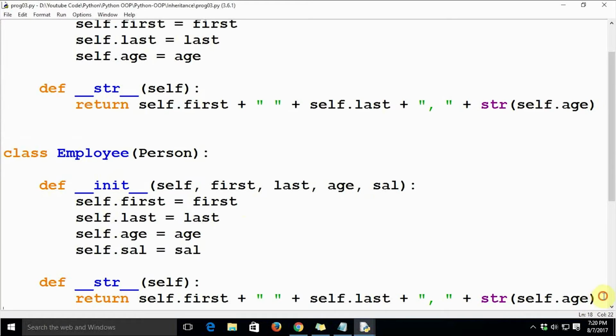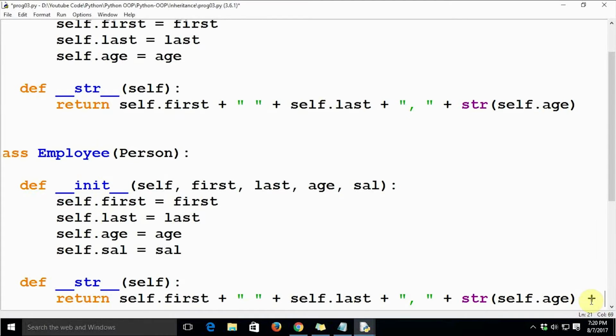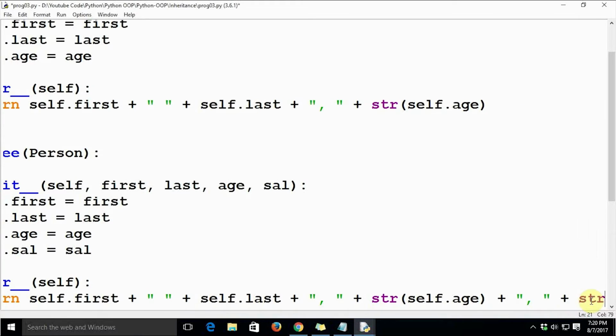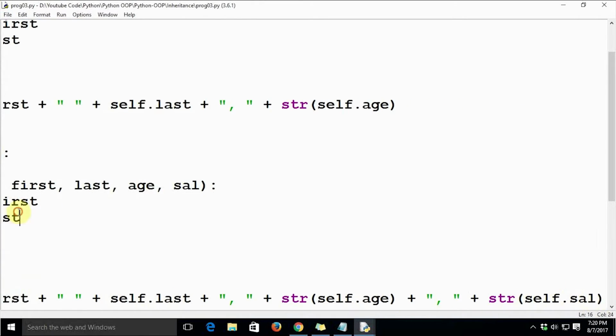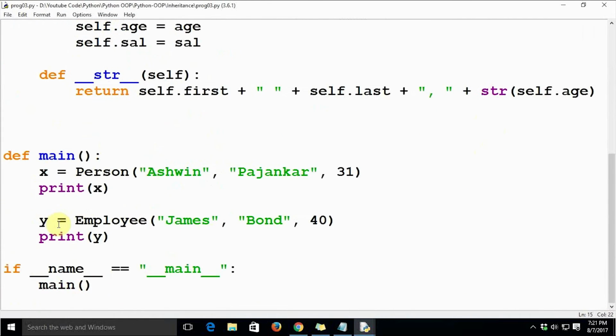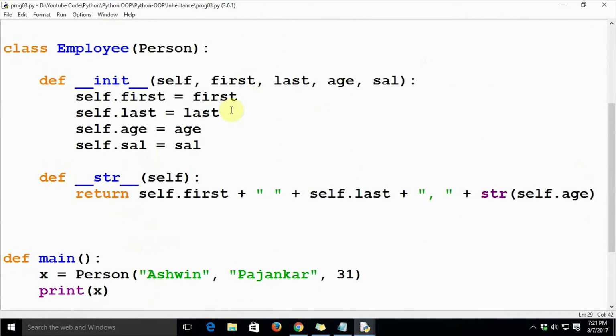Finally we will add another thing, str of self.sal, so here we are going to add a salary. Let's say he works for $1,000 or euros. This seems good.